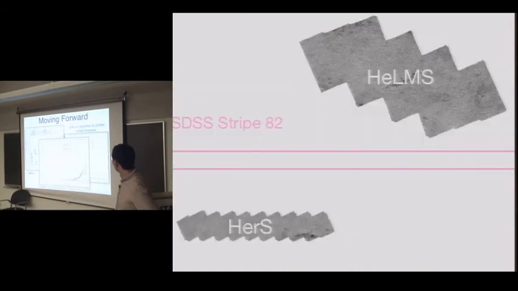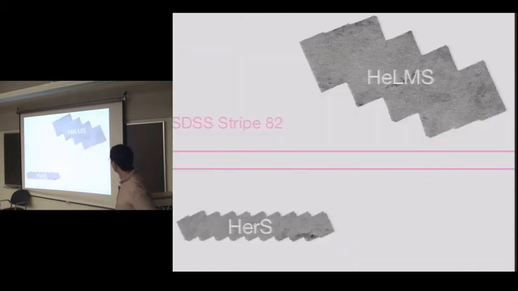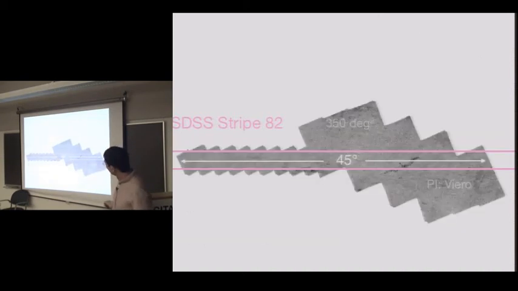I'm just going to show a pretty slide because I promised it to Amir. The point is that to move forward, to get to the star formation rates of these lower mass guys, we need a lot of data. I prove it here, but I'm not going to get into it. And so with that in mind, I was PI of 2 surveys with the idea of putting them in a field that's going to have a lot of ancillary data. So this is the HerMES large mode survey, and this is the Herschel Stripe 82 survey. Together, they make up 45 times 3 plus some extra square degrees on the sky.